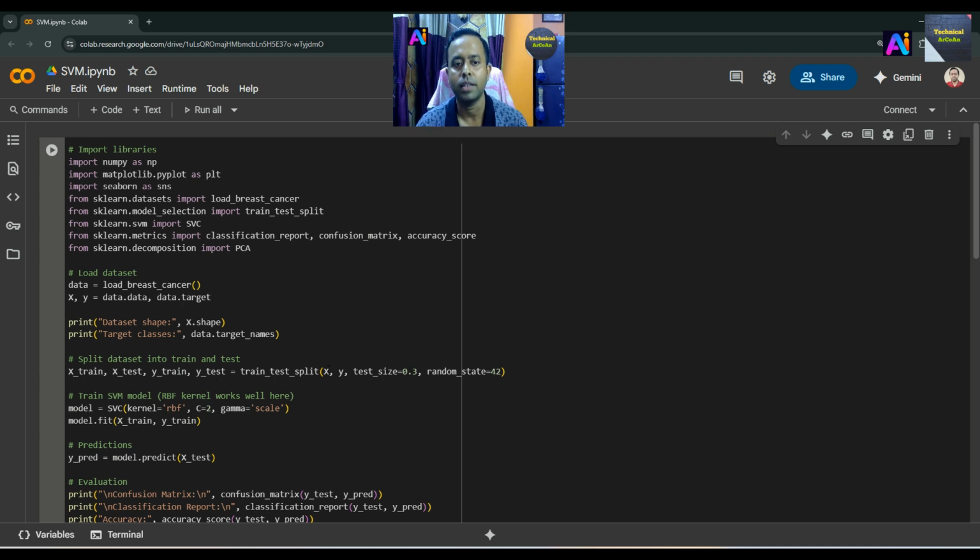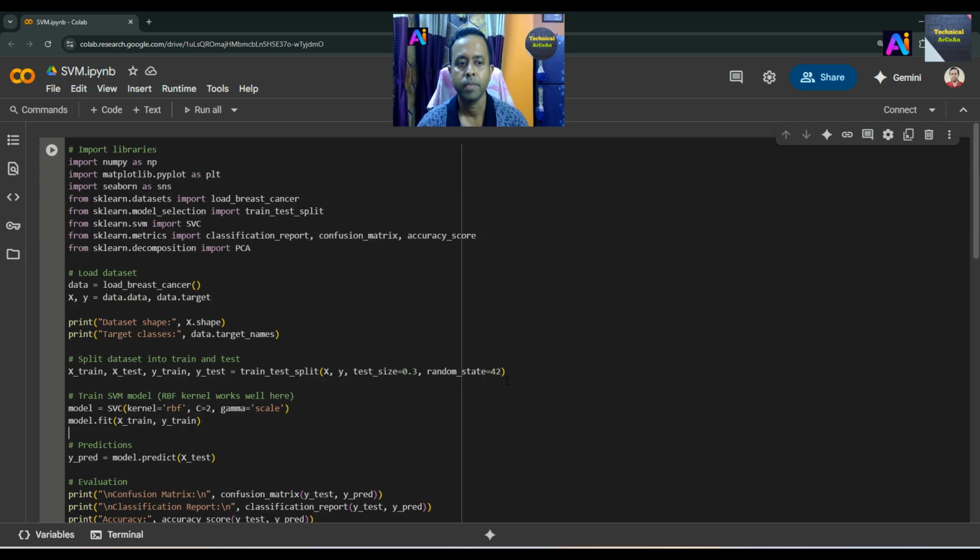The arguments are the input features x, the output values, and the split size of 70/30, and we use random_state equal to 42, which ensures the same split of the dataset, meaning the reproducibility of the